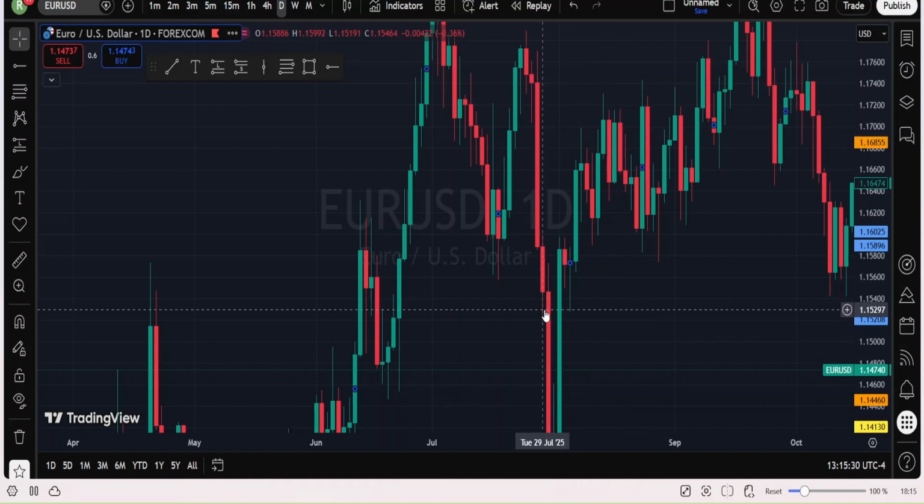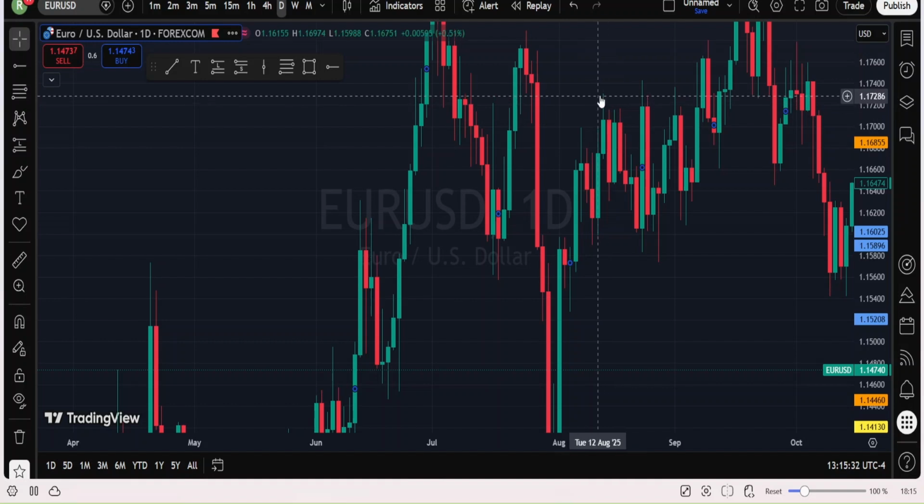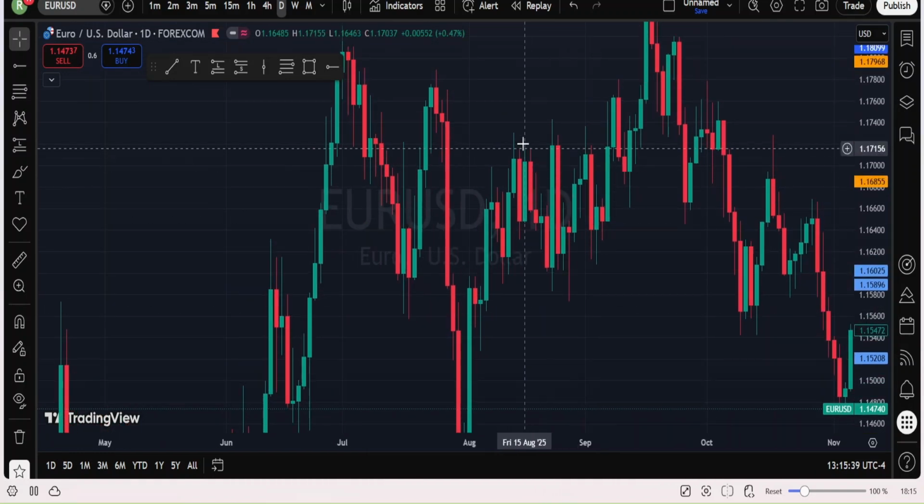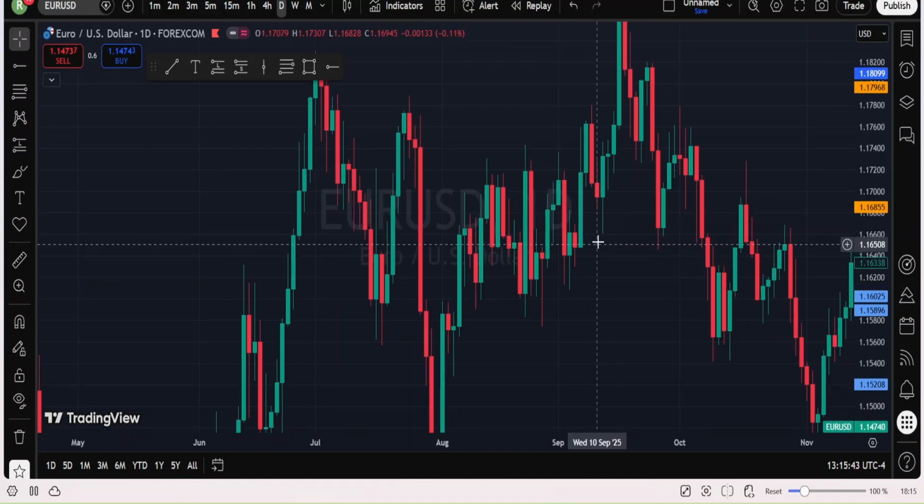Look at this particular level. See how price is taking out liquidity, and after taking it, reverses. It took out liquidity, reverses. Moves again, took out liquidity, reverses. Fills this fair value gap. Price took out liquidity, reverses. These things are not magic. If you take your time to study the market, you'll be able to learn something out of the market.